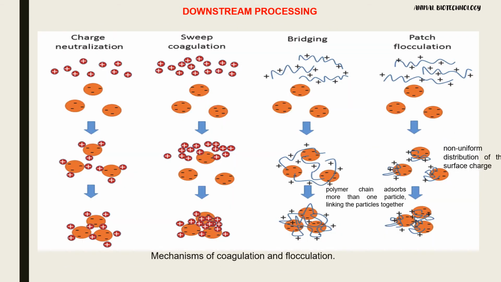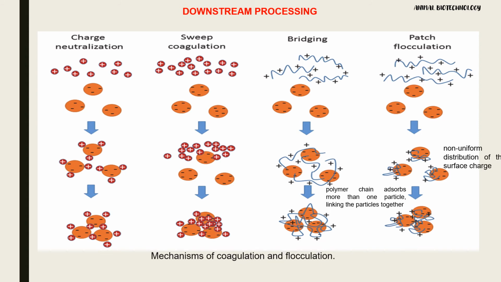The figure here shows different mechanisms of coagulation and flocculation brought about by different coagulants and flocculants. In charge neutralization method, the coagulant or flocculant is positively charged and is absorbed on the surface of the negatively charged colloids, neutralizing the charge on them and bringing about aggregation. Sweep coagulation is done